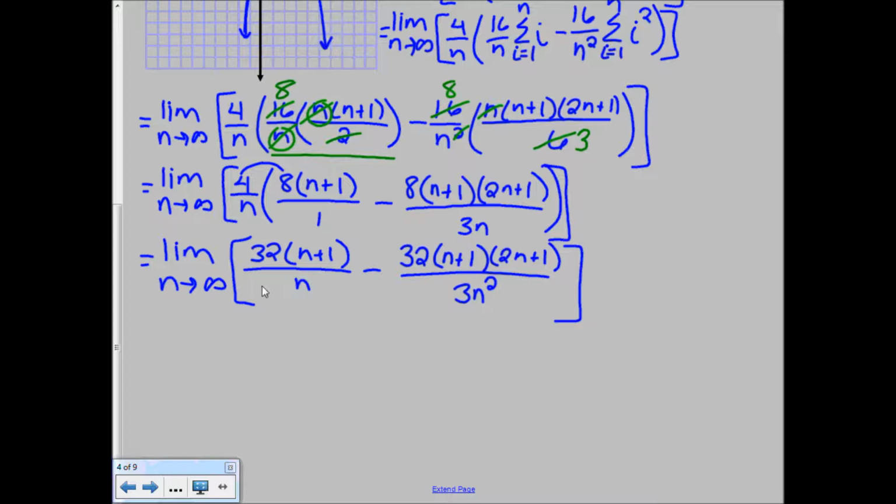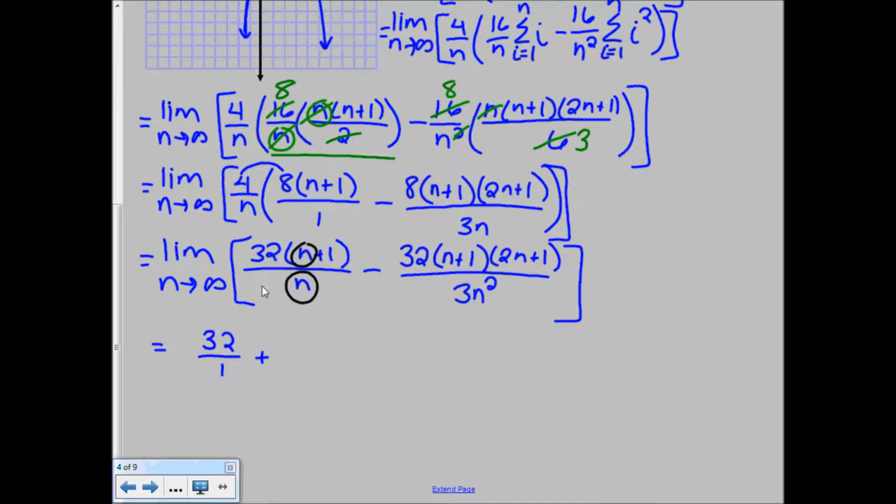So the highest power in the top, without even multiplying the first one out, is 1, because we're going to have one n here and one n here. And we don't have any other n's multiplying in the numerator. So because our powers in the top match, we know that this first one is just going to be a 32 over 1, because it's going to be the ratio of the coefficients,